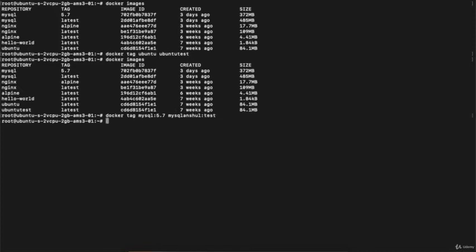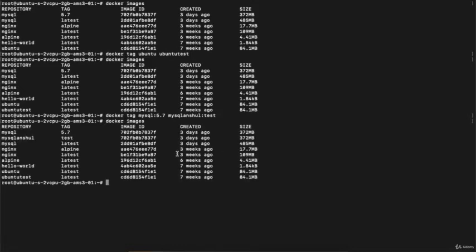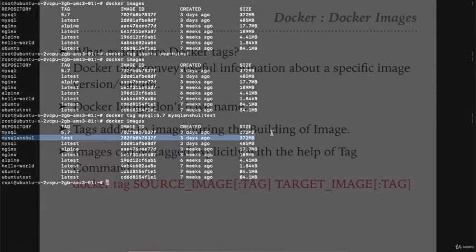Hit enter. Again enter the docker images command, and you can see a new image with the custom tag test has been created, which is similar to MySQL 5.7. So by this way you can explicitly tag an image.